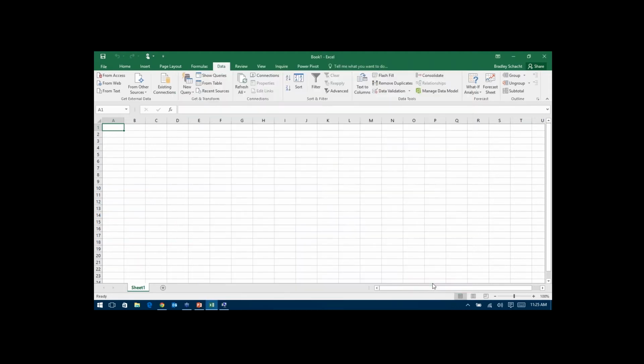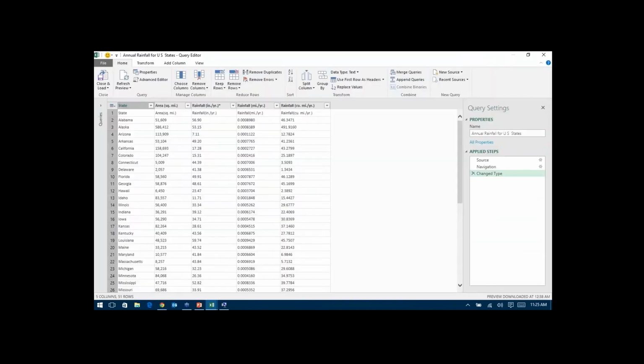So I'll click edit and show you guys how to do a little bit of manipulation of this data here. Okay. So this is going to launch us into our Power Query screen. And the first thing that we want to do is over here on the right side, we have this properties option for name. It named this one pretty well, but I'm just going to rename this one rainfall.